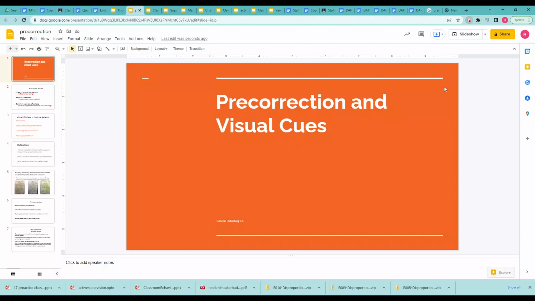So before we get started with talking about pre-correction, I want you to just take a moment to think of a location or a routine that you currently supervise students where you are encountering unwanted behavior. Things that you don't want to happen are happening. It could be kids yelling, it could be students running, anything along those lines. What are you experiencing? And then think about what you would prefer to see, as opposed to those unwanted